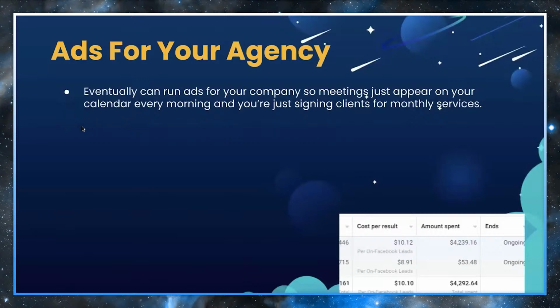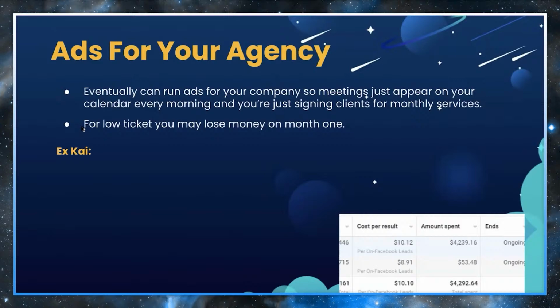And as you can see here, amount spent, and I'm going to talk about this in a second, but if you spend $4,200, you can get a Facebook lead cost of about $10. So for low ticket, you may lose money on month one, meaning low ticket means if you're charging $150 a month, or $300 a month, you may lose money on the first month. But that's okay because we have recurring services. Most softwares, by the way, don't make money until like months later when they spend money on advertising.